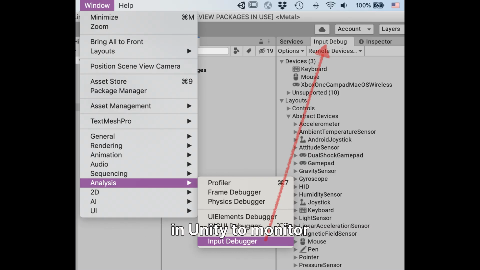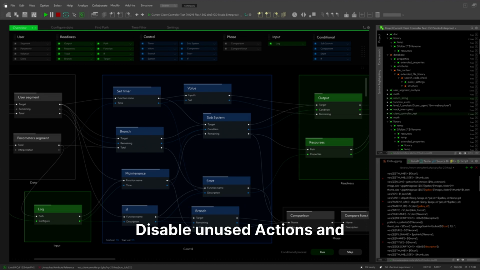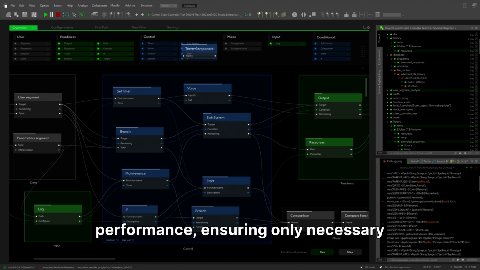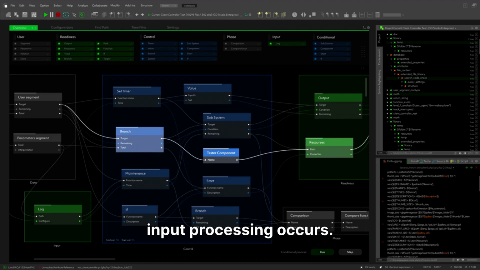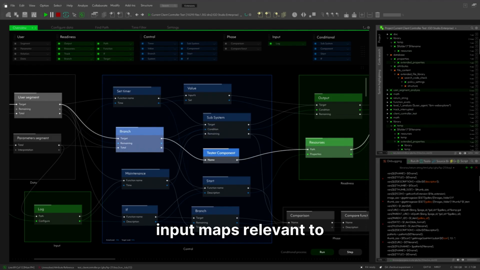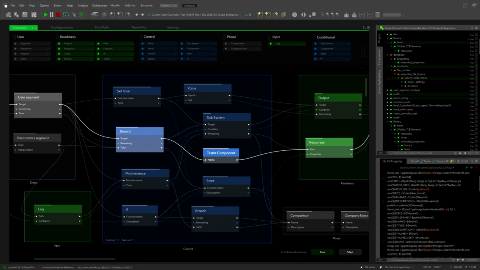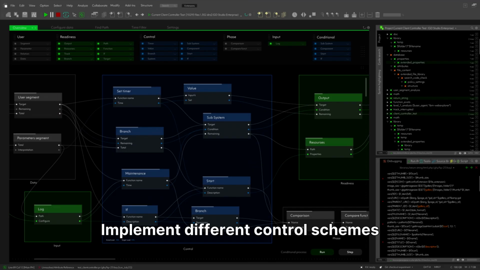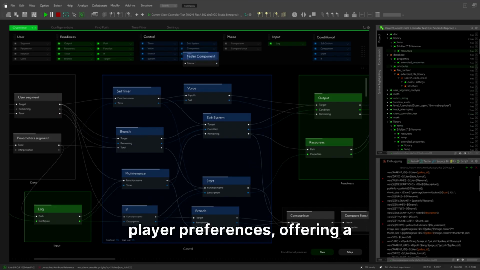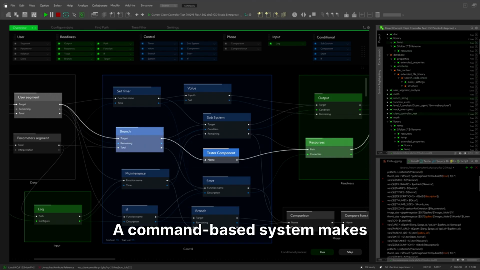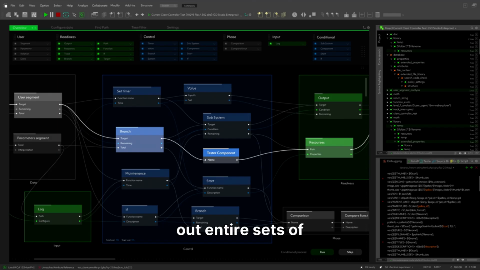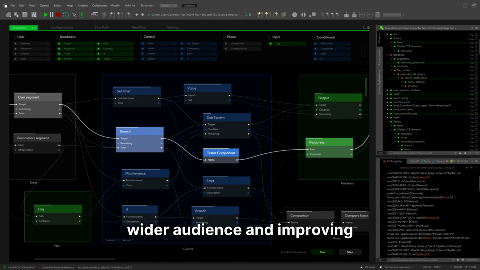to access input data. Utilize the Input Debugger in Unity to monitor input events and troubleshoot any issues you encounter. This powerful tool allows you to see exactly what input devices are connected and what events they are generating, which is invaluable for debugging. Disable unused actions and action maps for better performance, ensuring only necessary input processing occurs. By only enabling the input maps relevant to the current game state, you can reduce overhead and improve efficiency. Implement different control schemes for various platforms or player preferences, offering a customizable experience. A command-based system makes it straightforward to swap out entire sets of bindings, catering to a wider audience and improving